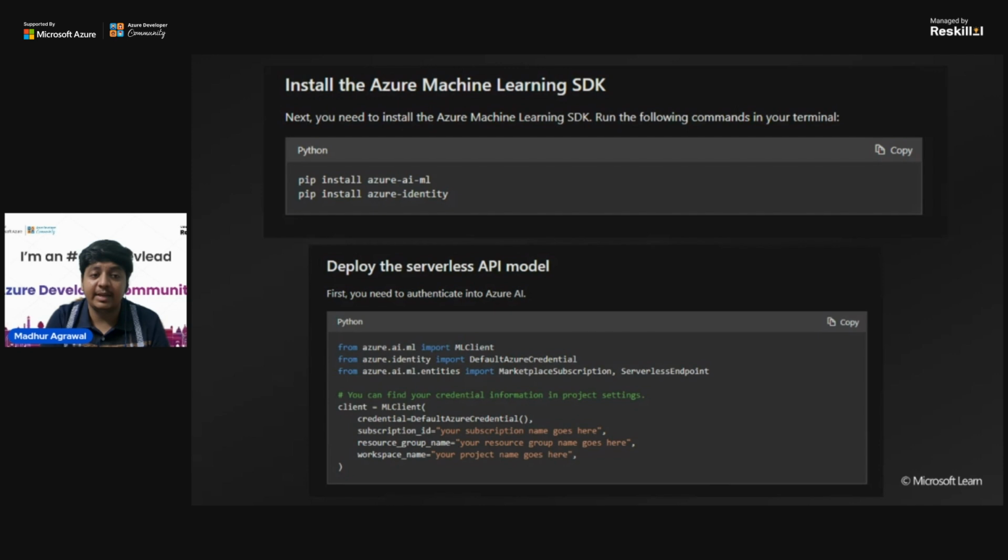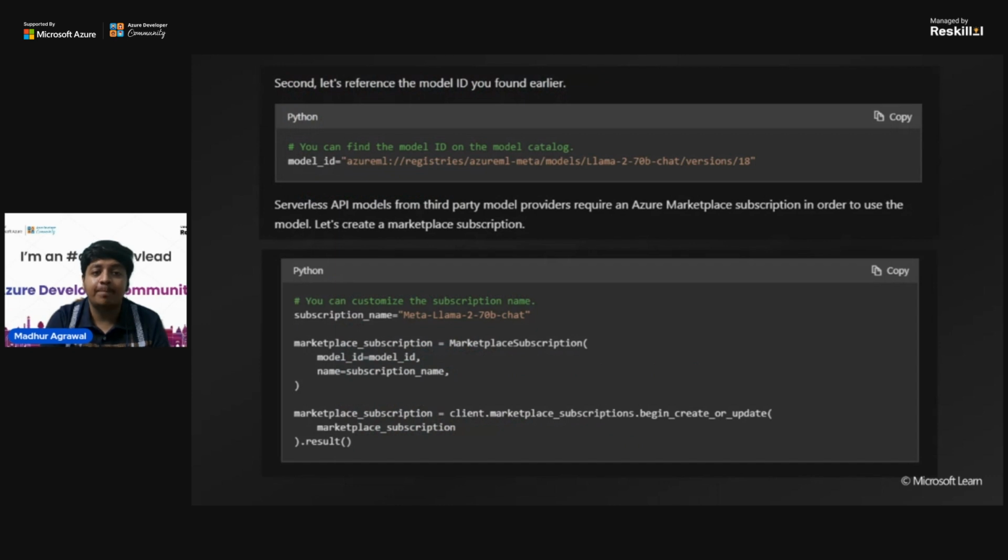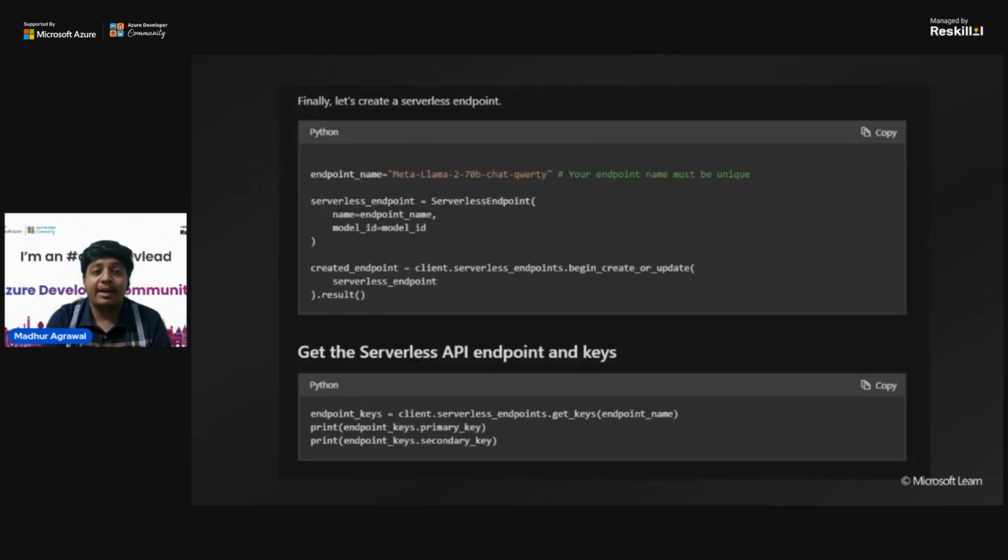To deploy the serverless API model, you can define the client, and in the client you have to give your subscription name, your resource group, and your project so that you can be billed accordingly. The next thing is the model ID is stored in a local variable. Then the subscription name, basically it authenticates with the client that you have a valid subscription. Then we have creating a serverless endpoint. The endpoint name is, here we are using a Meta Llama chat Cohere. So basically this serverless endpoint is deployed and you can get the serverless API endpoint